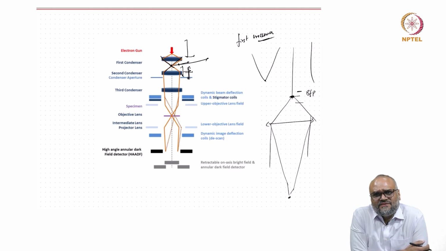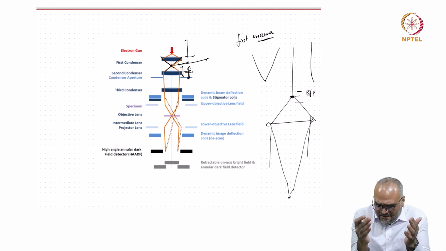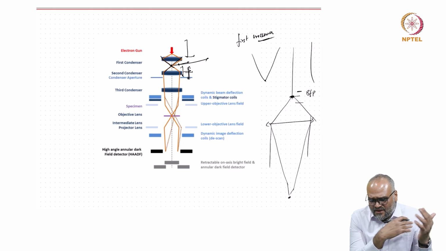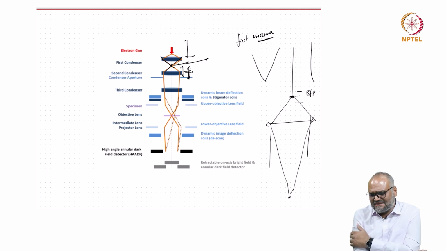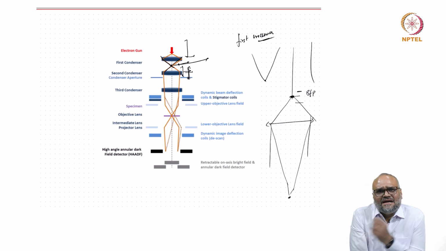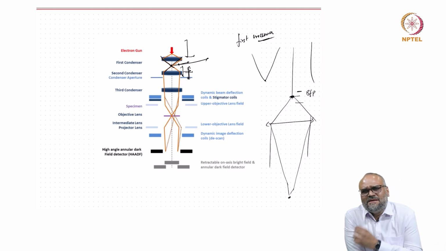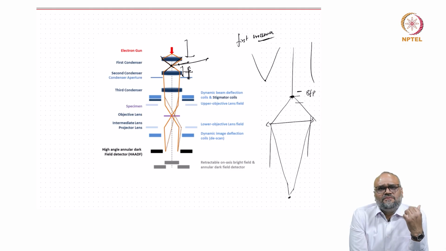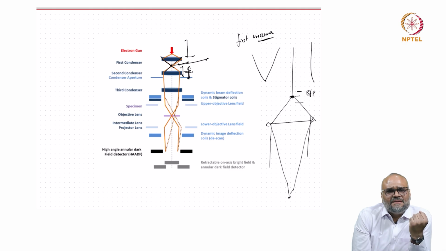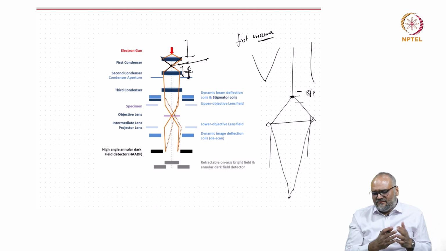So, when you have a series of condenser lenses, by converging the source to a point and allowing it to be at one of the focal planes of the second or the third condenser lenses, by the combination of these condenser lenses, I can really get a very fine probe, or I can get a parallel beam illumination. And the kind of illumination that I use in a microscope would actually help me choose the different modes of operation I want. For example, if I am using techniques that use parallel beam illumination, I might want to have a beam which